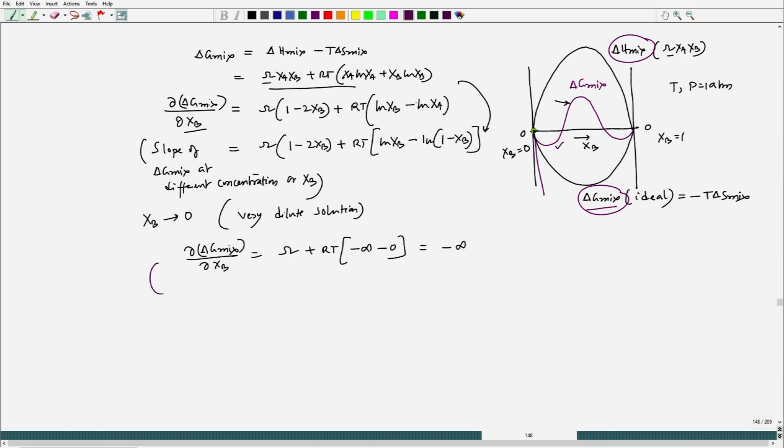So, that means on both sides, as we go towards the pure state of A and B, the system has an infinite possibility to capture impurity from the surrounding, because the free energy change becomes negative infinity. So, this suggests that